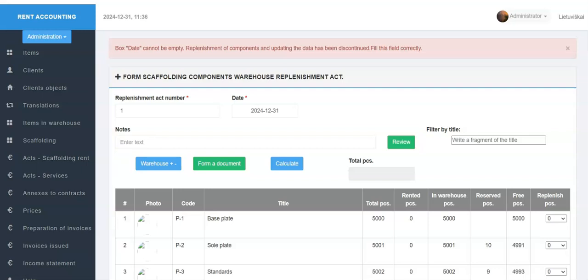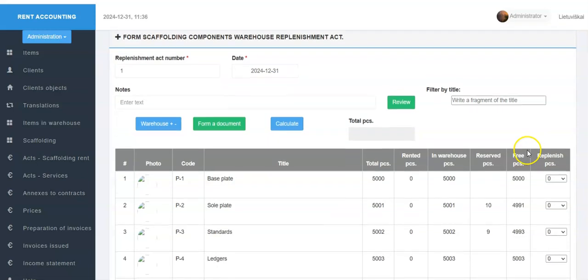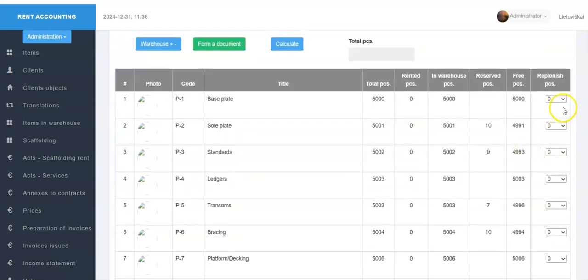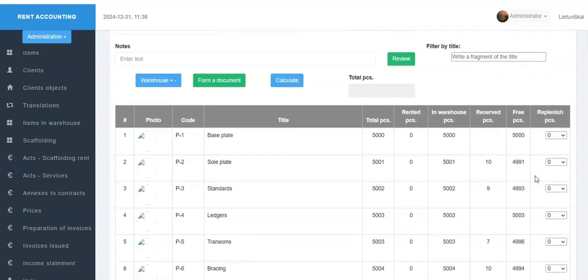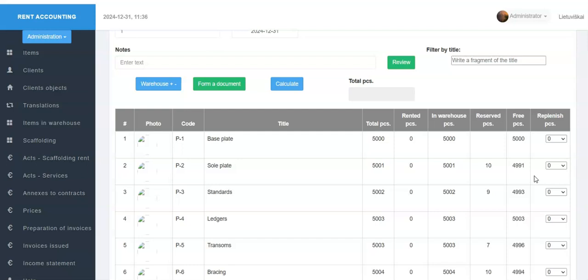In the table containing a list of all scaffolding components in the accounting, in the column Replenish PCS, we need to select the quantities of scaffolding components that will be replenished. When the page opens, the replenish quantity of all components in this column is set to 0. The quantities are selected from a drop-down list containing integers from